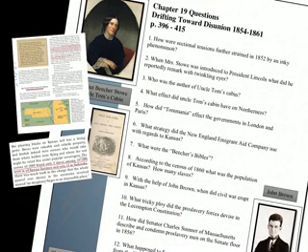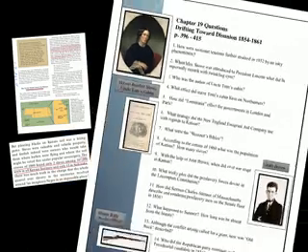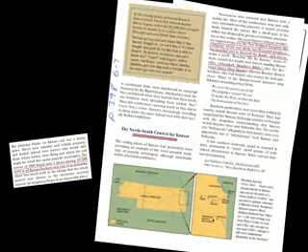But as we get down to number 6 and 7 in your worksheet, what strategy did this New England Immigrant Aid Society or Aid Company use with regards to Kansas, and what were the Beecher's Bibles? So you'll find those answers on page 398 in your textbook. And the most